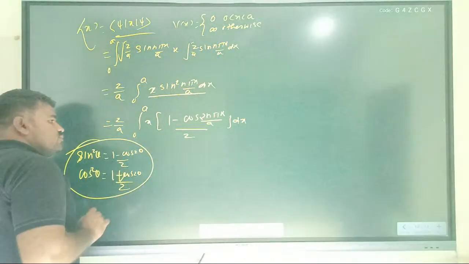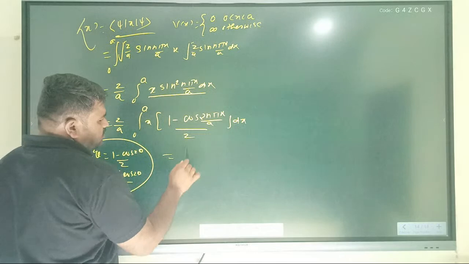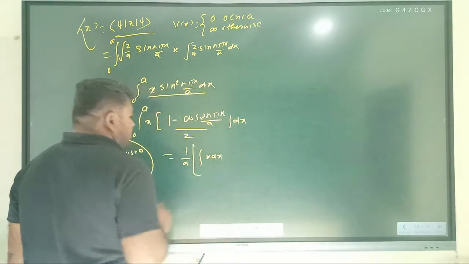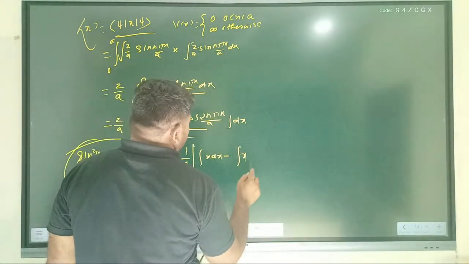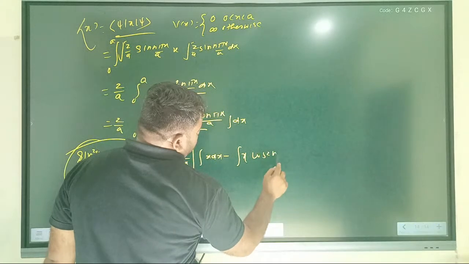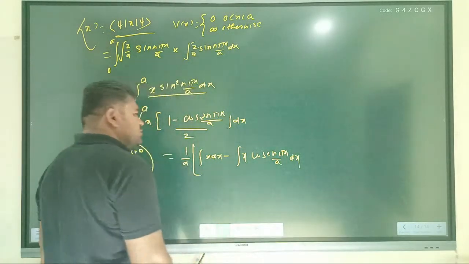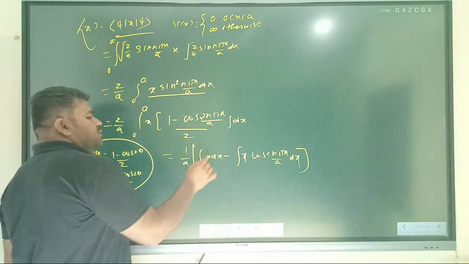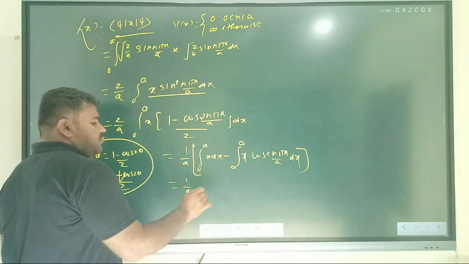Always memorize these two formulas. Okay, and then this 2 gets cancelled, means here it is 1 upon a integration x into dx, the first one, and the second integration is x into cos 2n pi x upon a into dx. Clear? What is the first integration value? The x integration is x square by 2, and what is the limit? 0 to a. Here also 0 to a. 1 upon a into first integration is